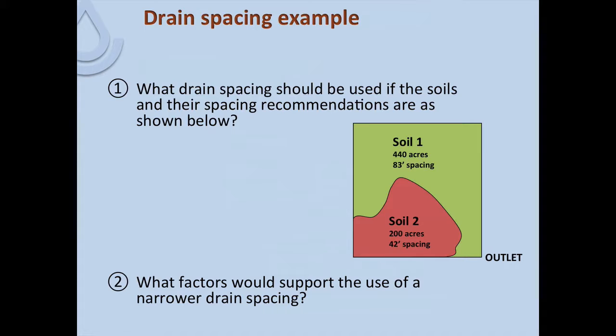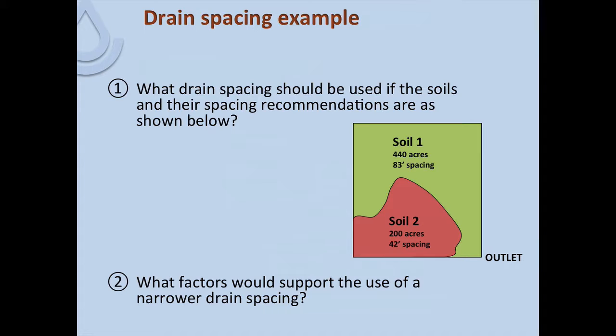So hopefully you've taken a minute to think through this and pause to do that. But if we look through what some of the options would be for this type of situation, one option would be to do the whole system at 83 or 80 foot spacing if we use round numbers across the whole field. If we do that, then we'll have the desired drainage that we're after in soil 1, but in that